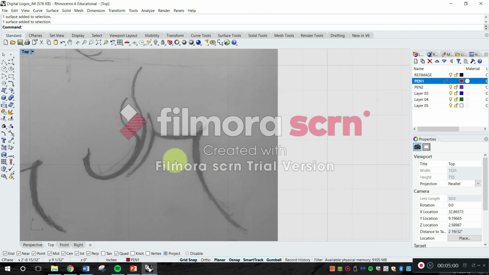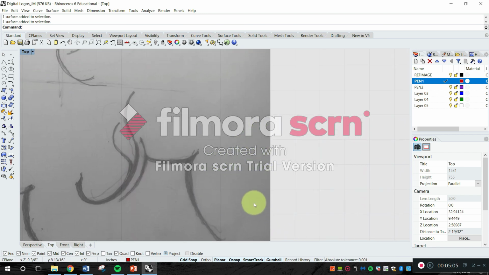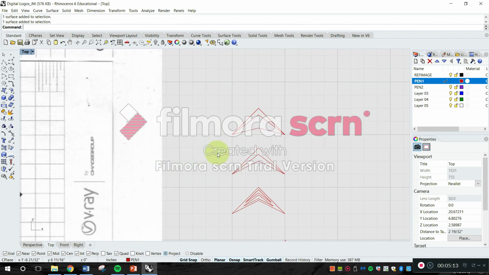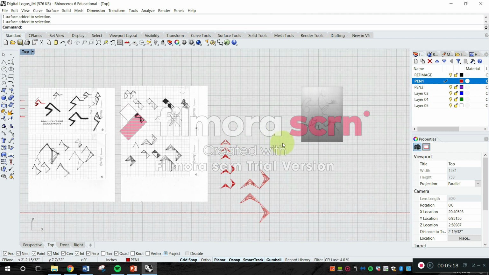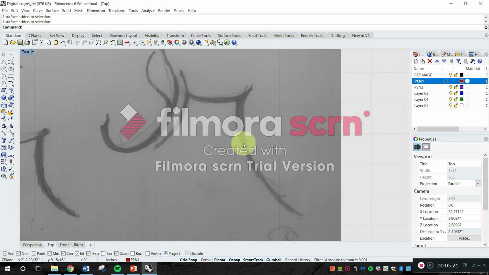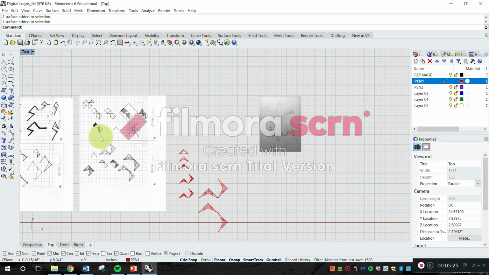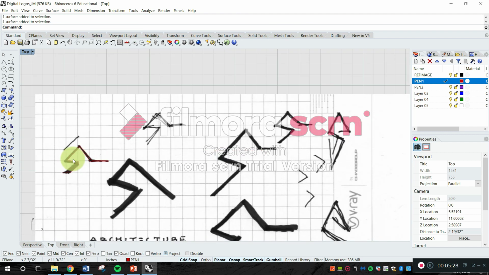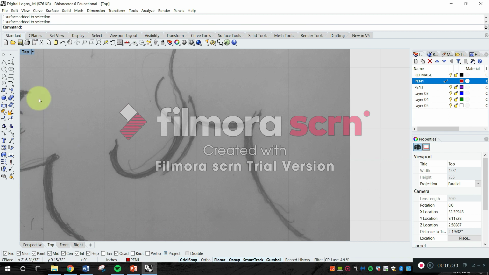Now, for objects like this, it's not really that easy to trace using how we did over here, where we counted the units, 1, 2, 3, 4, 1, 2, 3, 4, and then started drawing it on the side. This one is more of a trace on top of it, like what we were doing over here. We can bring over here, and primarily what we use,